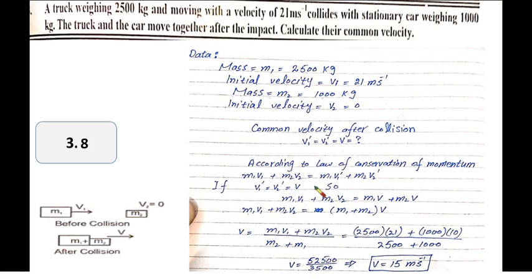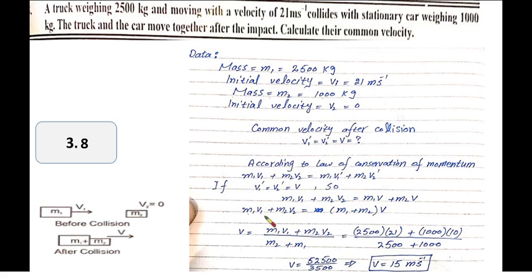But according to question, we want to find common velocities. Common velocity means v1 prime and v2 prime velocities equal to v. We use this term v because both are equal, so we use v. We can replace v1 or v2 by v. So here we replace v1 and v2 by v, and we take common it and get m1 plus m2 in